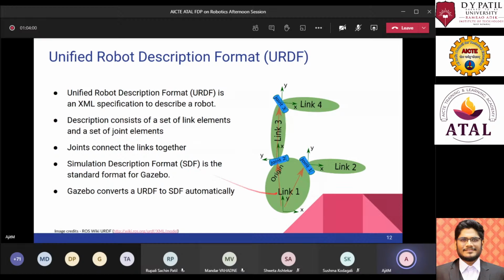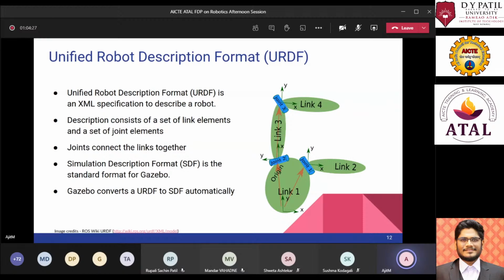Here in the image, you can see link 1 is the base link of the robot. There is a joint over here which connects link 3 to link 1. Now, these joints can be of multiple types. It could be a prismatic joint, it could be a rotational joint, a continuous rotational joint, or it could have specific angle limits defined for that joint.